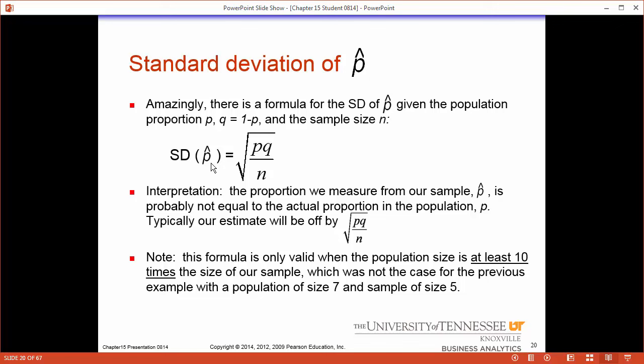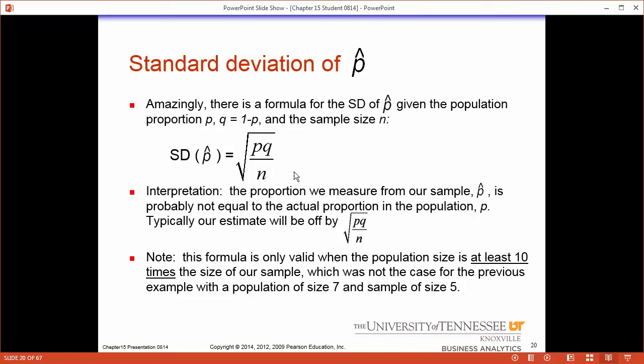Very important right here. We are going to use a known population proportion and the known complement of the population proportion. If p is equal to 0.8, q is equal to 0.2. n is just the sample size. We will have conditions that we'll go into more in depth in a moment.